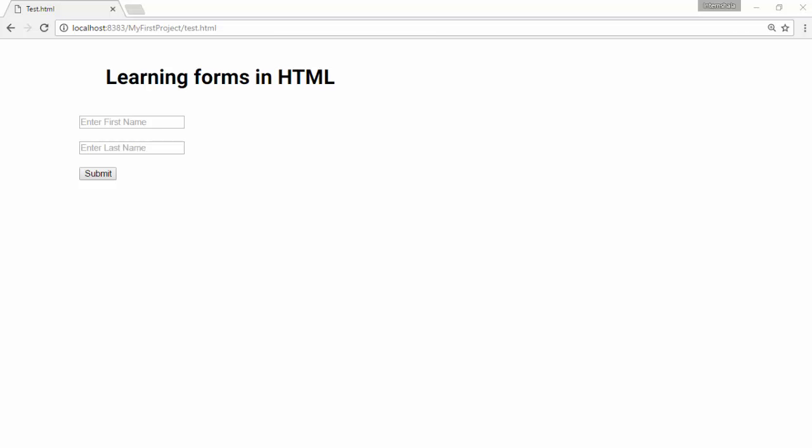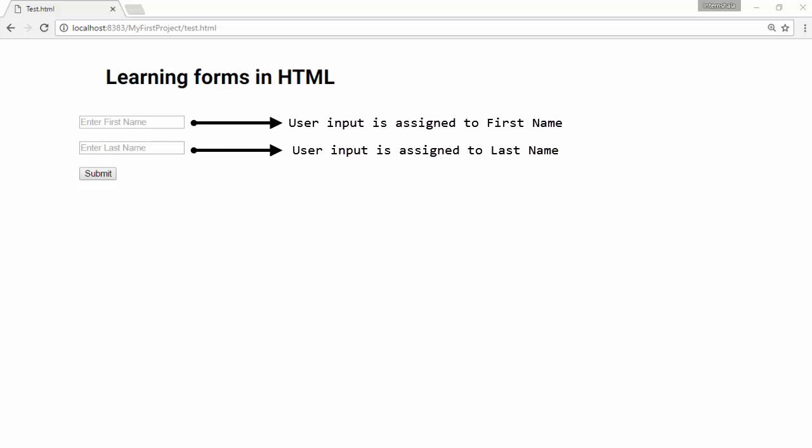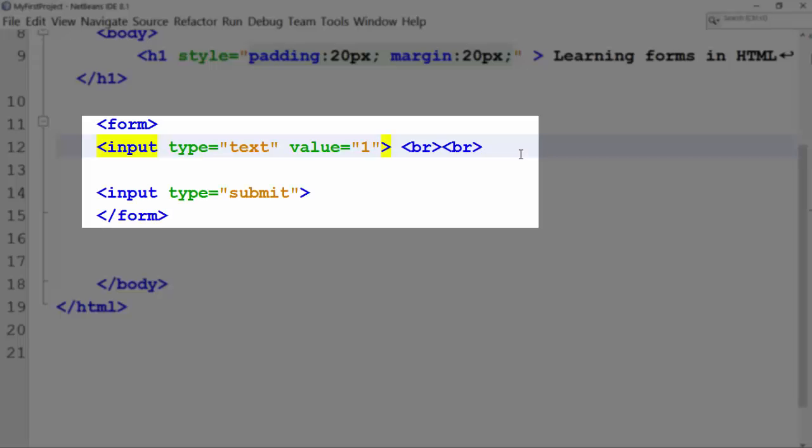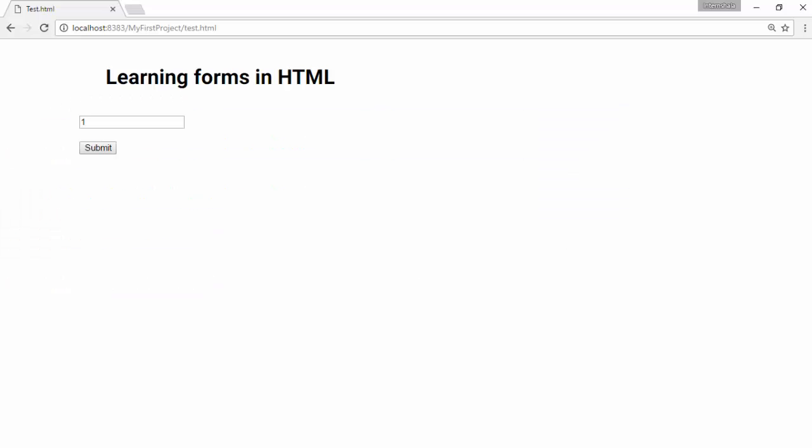You would see that we have created three input fields. Two of them are supposed to accept text inputs from the user. The final input looks like a submit button. Please note that a button is different from submit input of the form. Submit has functionality unlike button. It is used to submit values entered by the user. Instead of placeholder, you can have predefined value as well. All you have to do is use value attribute with value as predefined value you would like to have.